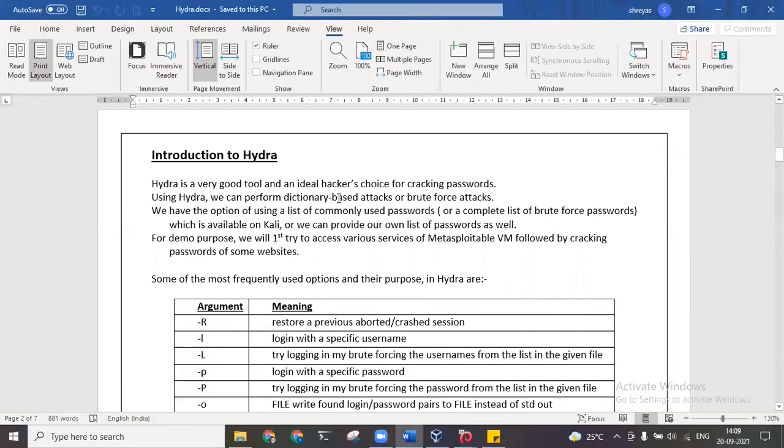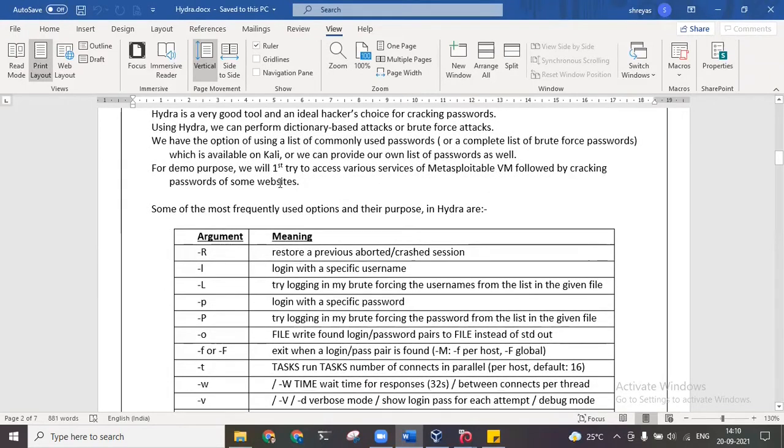This is a very widely used tool to get the password of any system or any website. We have both the UI version as well as the command line interface for this. How Hydra works is that we specify the target, whose password we want to crack. It can be a URL, an IP address, or an FTP server.